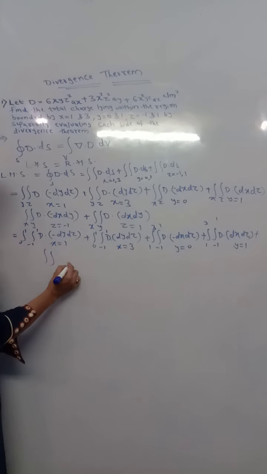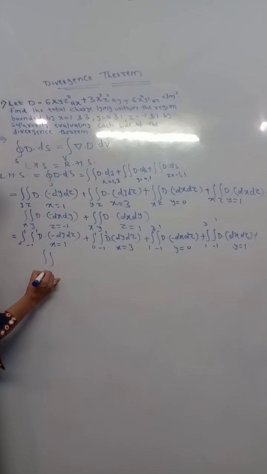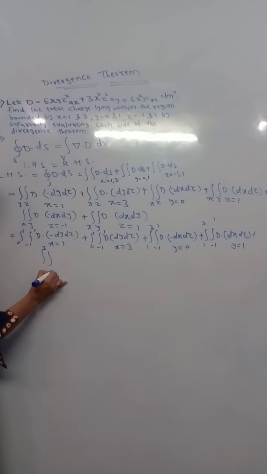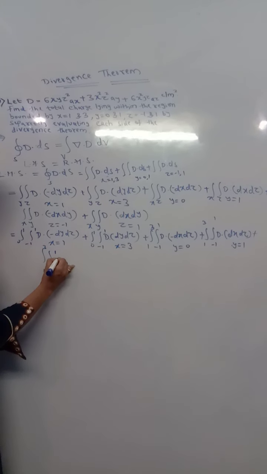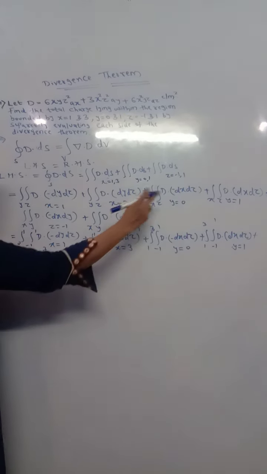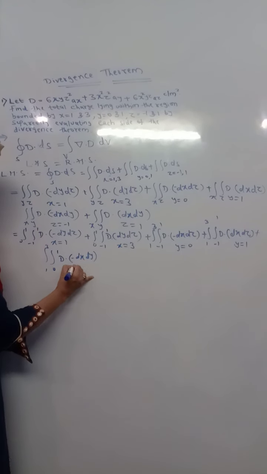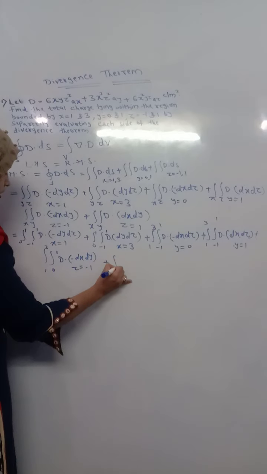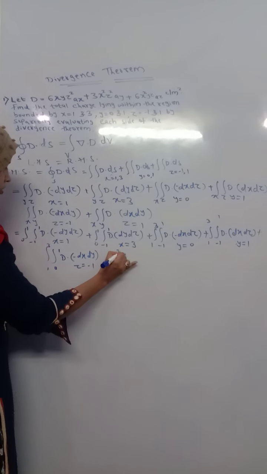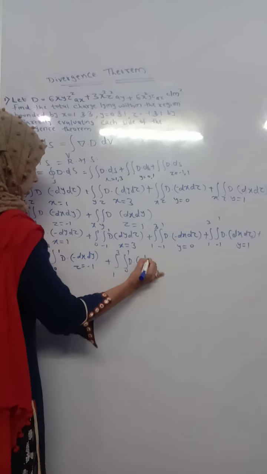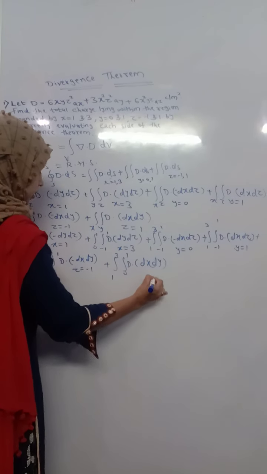Plus, that I am going to continue here. I am writing for my z. So z means x and y. What is my x? 1 and 3. What is my y? 0 and 1. So d dot of, for the last part I mentioned, minus k dx dy. What is your z? z is equal to minus 1. Similarly 1 and 3, 0 and 1, d dot of dx dy, and here z will be 1.